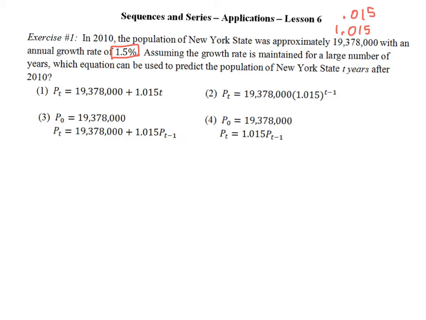Assuming that this growth rate is maintained for a large number of years, which equation can be used to predict the population of New York T years after 2010? Now, the key to this problem is how the time is specified. So T stands for the number of years since 2010. What that tells me, if I come off to the side here, I know that when T is equal to 0, that stands for the year 2010, and I know that the population right then is going to be my original number,